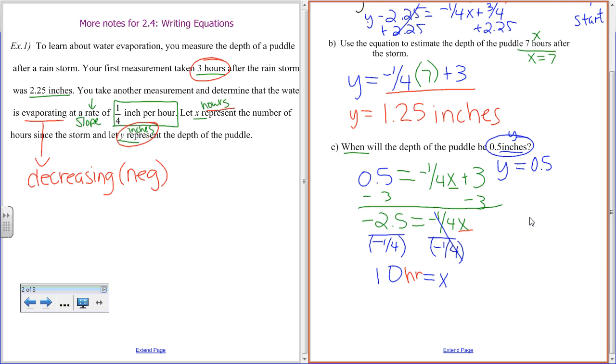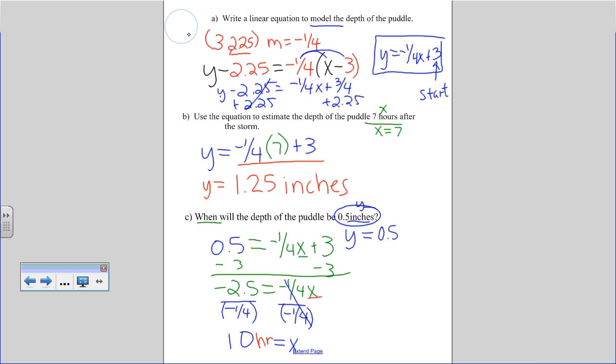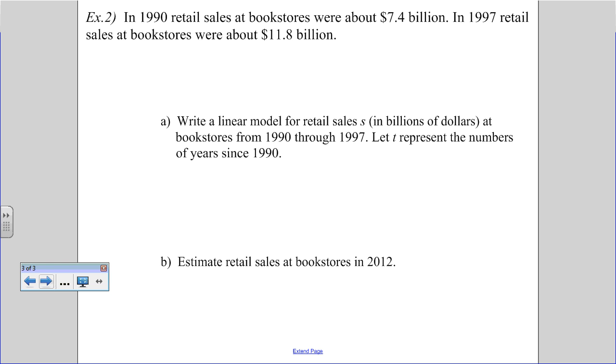All right, ladies and gentlemen, here's what you're going to do on your own. We've got one last problem. I'm going to go full screen on it. What I want you to do is determine, do you have m and a point, or do you have 2 points? Because remember from yesterday's lesson, we can write an equation given 2 points. We just have to calculate the slope. So I want you guys to look at that, determine that, and then we'll come together in class